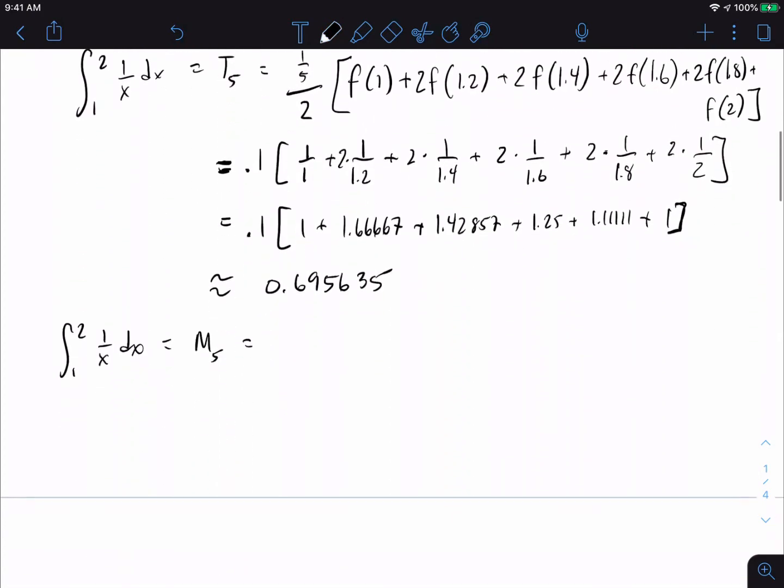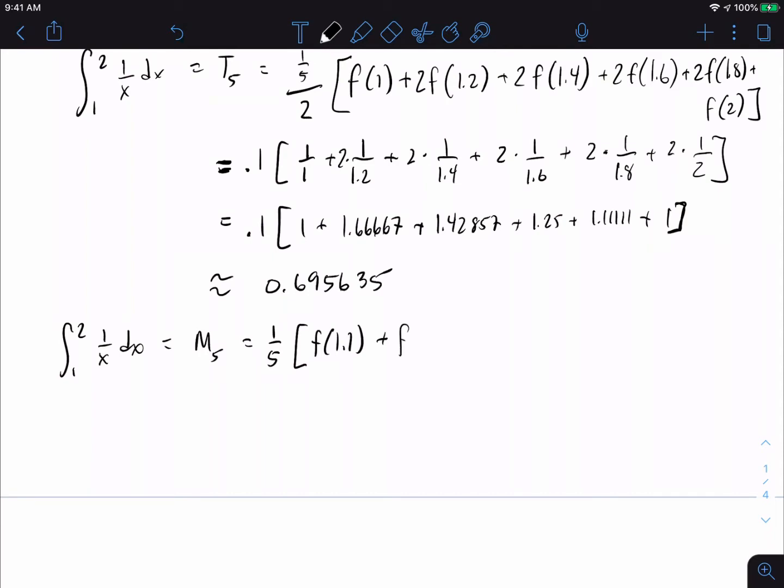So I'm going to go, okay, M of 5. The delta x was 1/5. And then since we're doing 5 increments, I want to show you guys how to be able to find this. Since it's 0.2, which is 1/5, what's between 1 and 1.2? What's right in the middle between 1 and 1.2? Or what is the average between 1 and 1.2? 1.1. That's right. So this first one's going to be f of 1.1